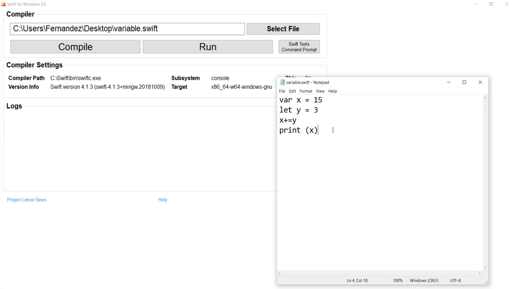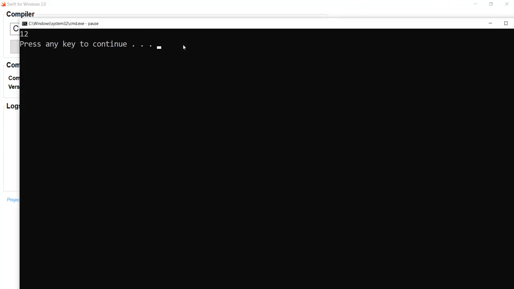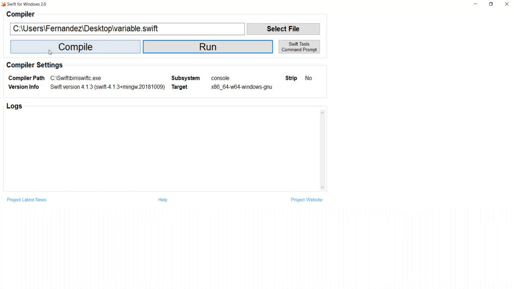Apart from this, suppose you want to print the subtraction of x and y. I didn't mean to say negate, I actually meant to say the subtraction of x and y. When you do that, it compiles. Now let's run it. Yeah, it's giving 12 because 15 minus 3 is going to be 12.